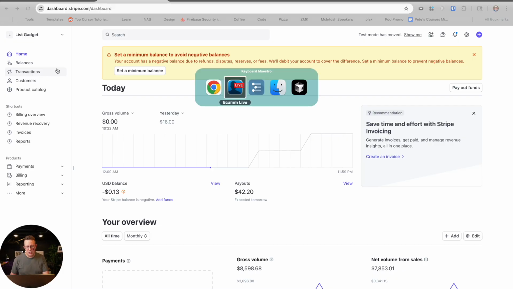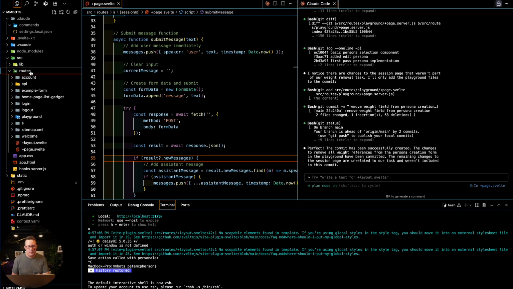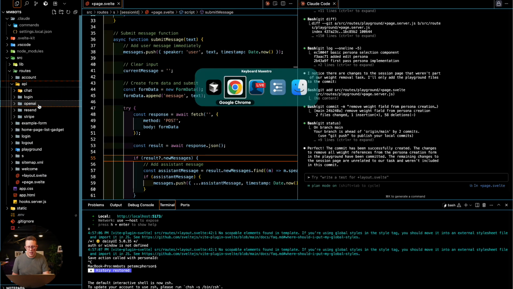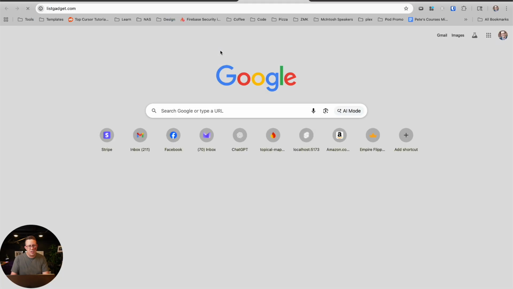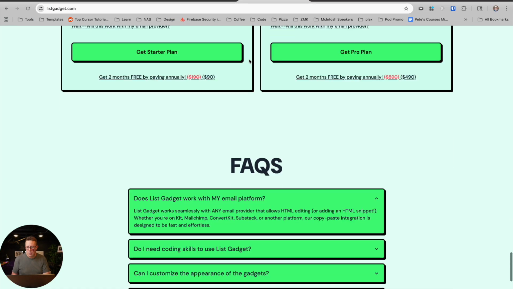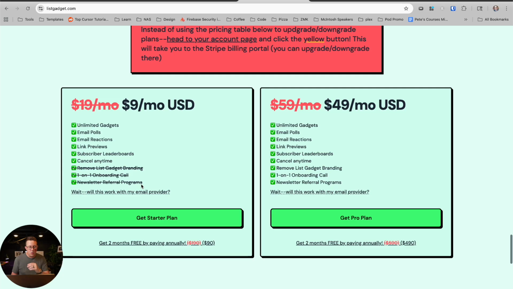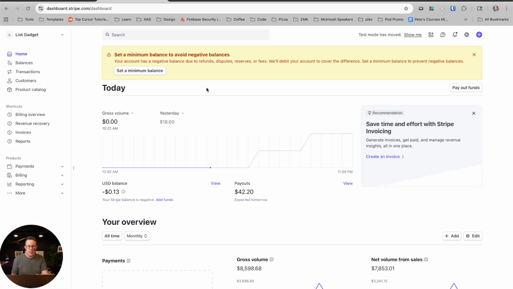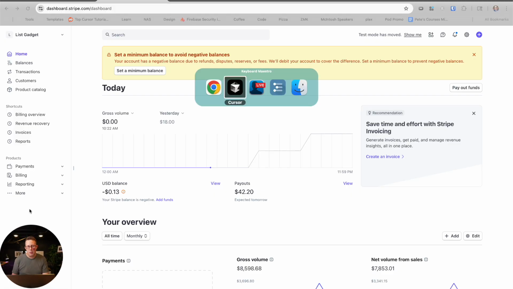Stripe Checkout is basically one little extra file in your code base to implement a checkout form. Somebody clicks a button to buy something on listgadget.com, and then I create what's called a checkout session, if you will, and that ends up navigating them to the checkout page. And then they pay me money for things. They subscribe to a plan or whatever. And then I have one more feature, a webhook. Stripe fires off a webhook, and I catch the webhook in my app.